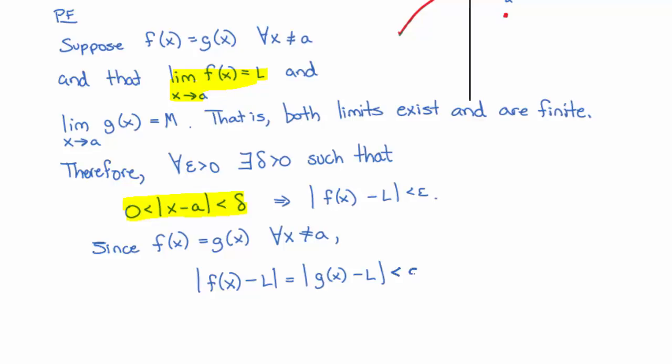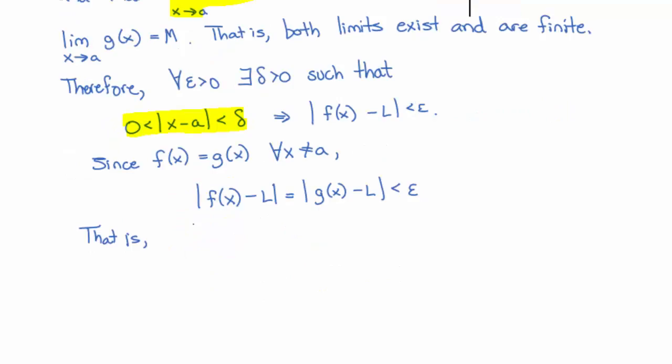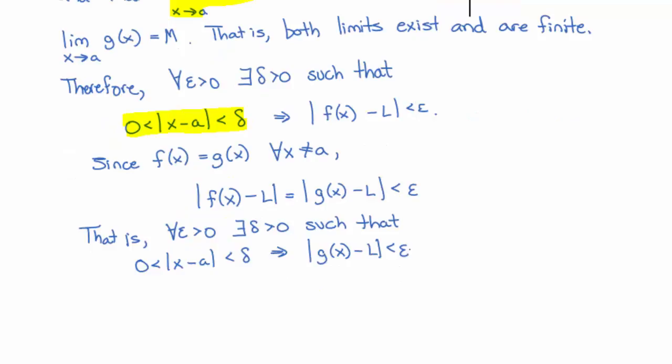And this is going to be less than epsilon. That is, for all epsilon greater than 0, the same epsilon that we had listed above, there exists a delta, exactly the same delta that we would find in the previous case, such that the distance between x and a being less than delta, where x is not equal to a, will imply that the distance between g and L is less than epsilon,